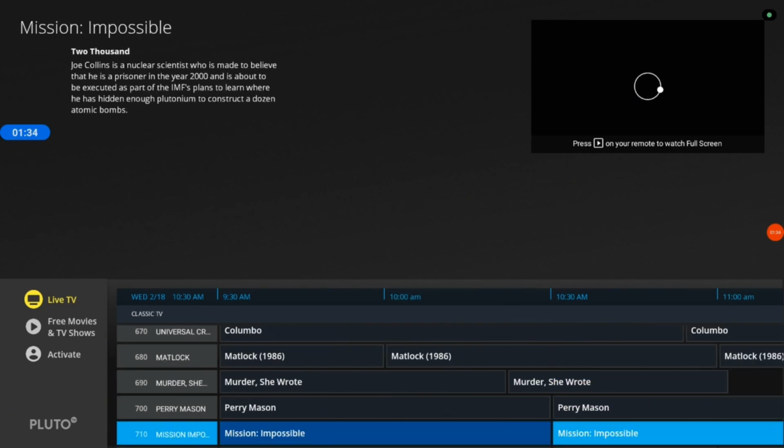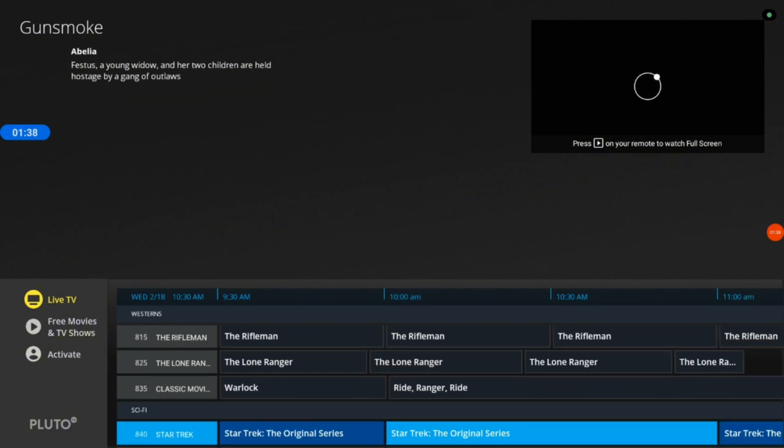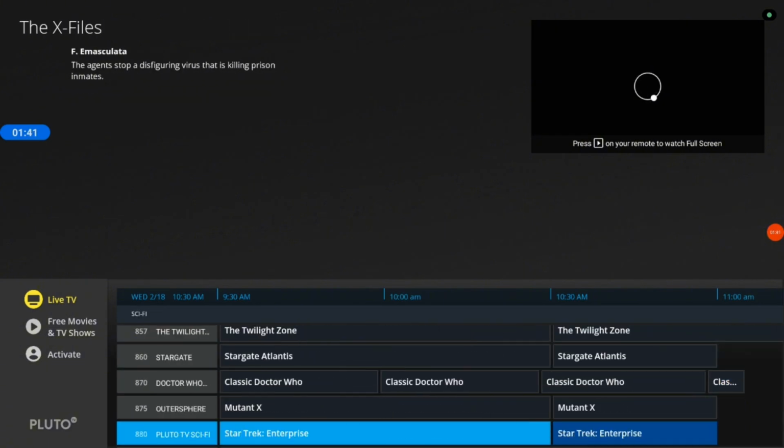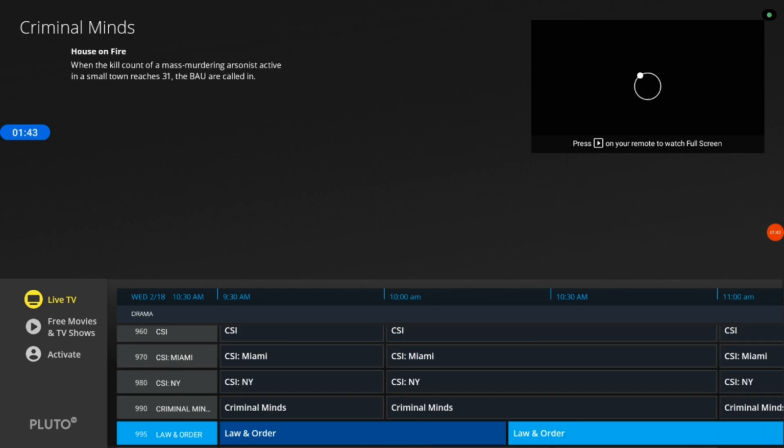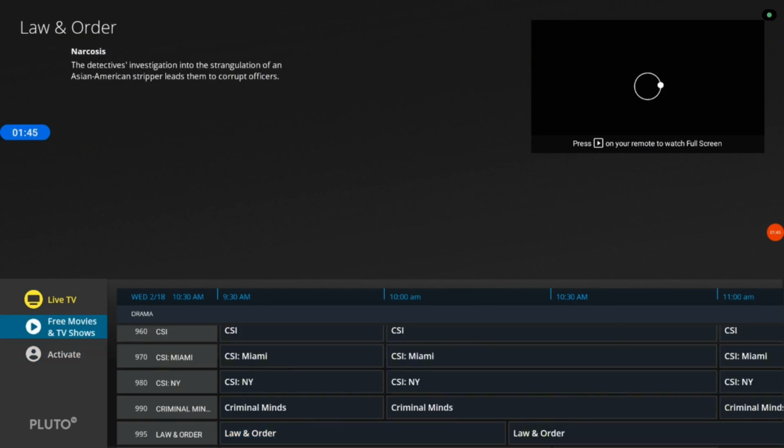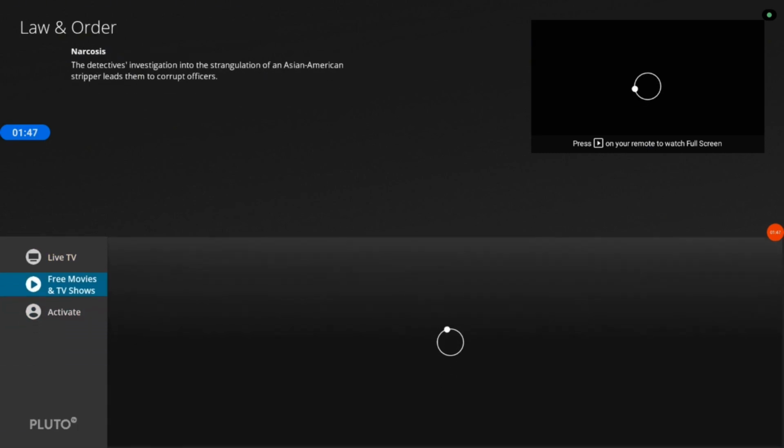So the app is not limited. You just need to scroll down and you find a lot of different categories of live TV channels, westerns, science fiction, and what have you. So going to the left, you can see free movies and TV shows. If you toggle on that, you're going to find a wide variety of movies and TV shows that are free on Pluto TV. So you could access and enjoy these free movies and free TV shows. Give it a couple of seconds to load and you find all those movies and TV shows